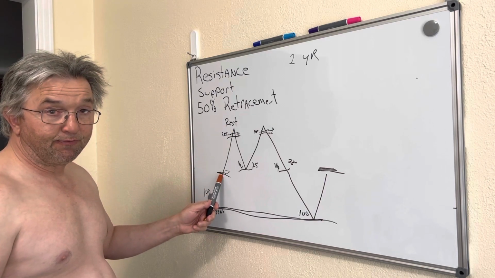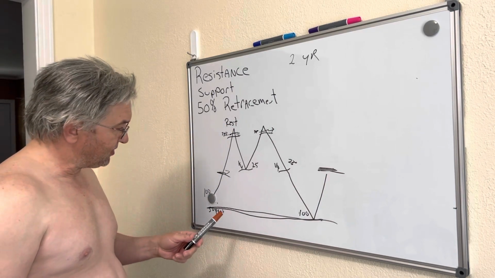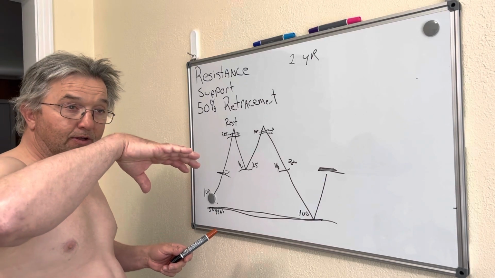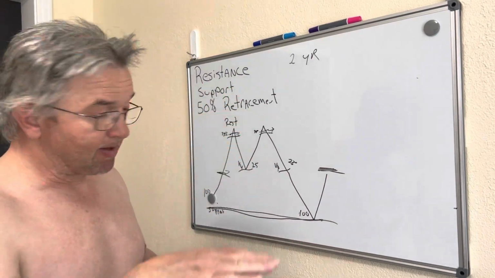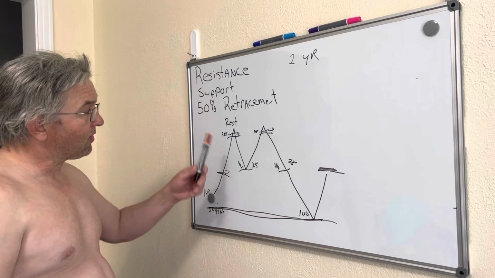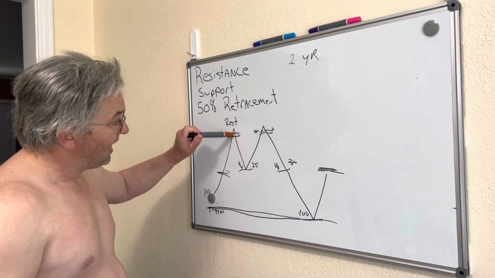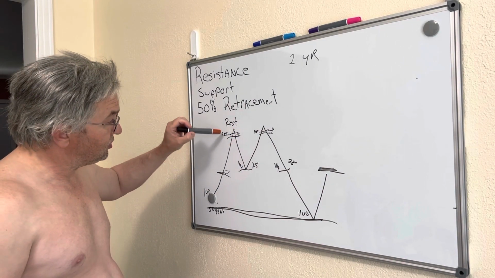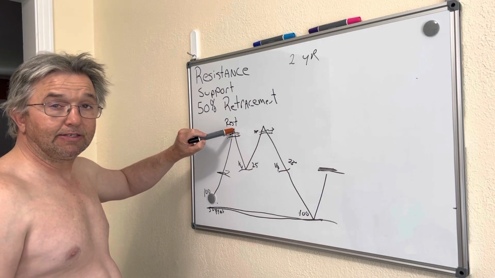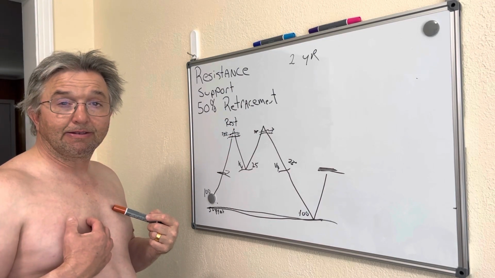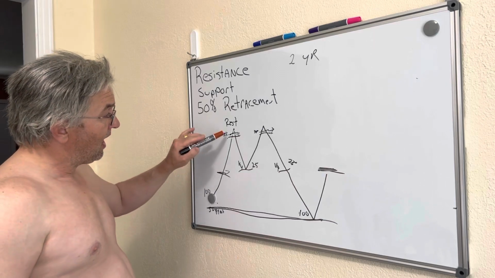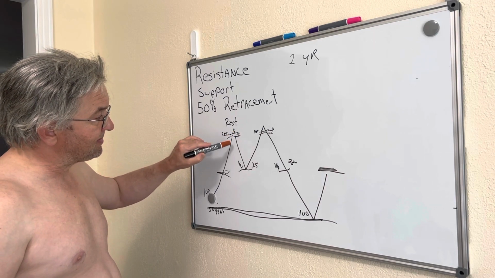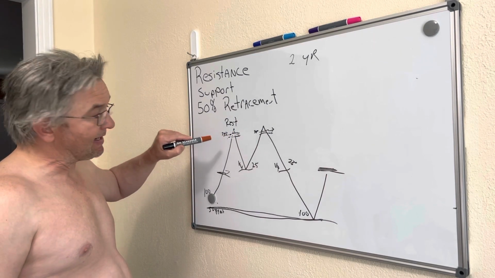There's things that you can do at the 50% level on the way back up too, but we're going to focus on the 50% level coming back down. So we buy at support, run it up to resistance, set us a target just below the tip top. You're not looking for the very tip top. I don't care about the tip top. You might, but I don't. So I set me a target just below the tip top, and like I said, I sell 75%